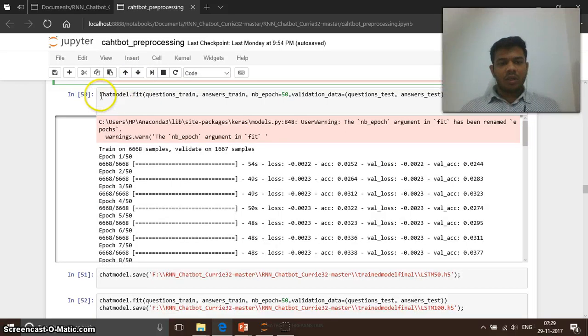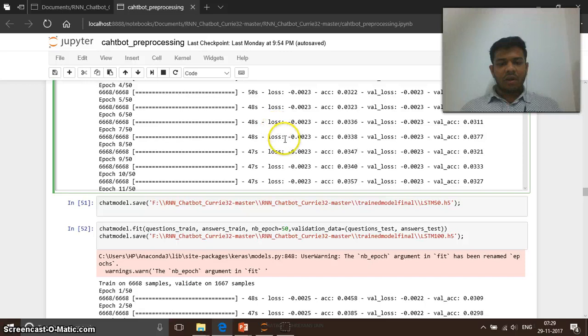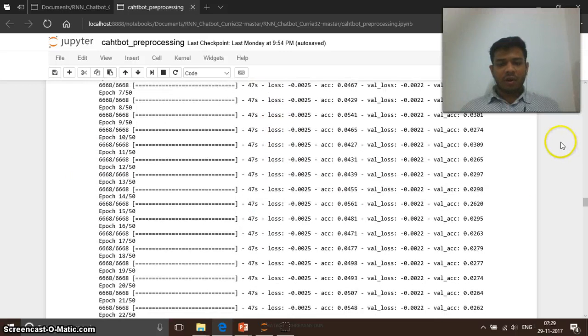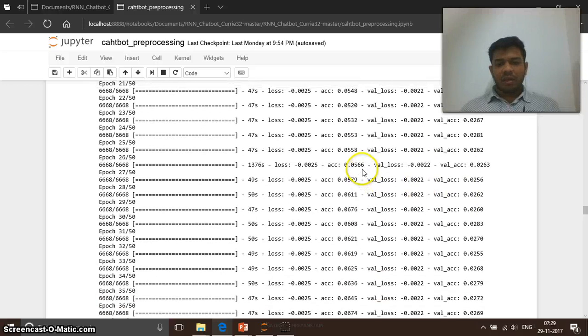And now this is the training part, where I'm training my model. Since I have already executed all these files, you can see the accuracy. Initially,